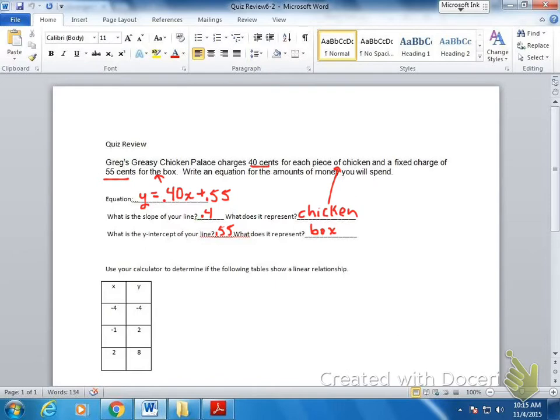Now the other part is a calculator part. It says use your calculator to determine if the following tables show a linear relationship. So first thing you want to do is make sure that you have diagnostics on. Diagnostics on. Okay, you push second 0, scroll down to diagnostics on, and hit enter twice. Then to do the rest of it,